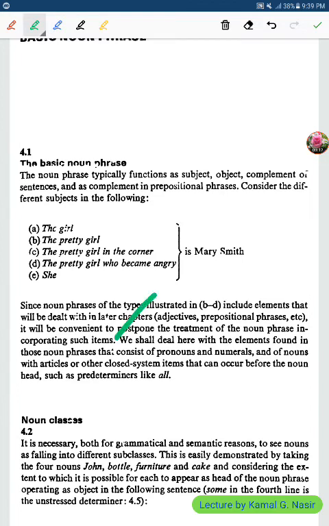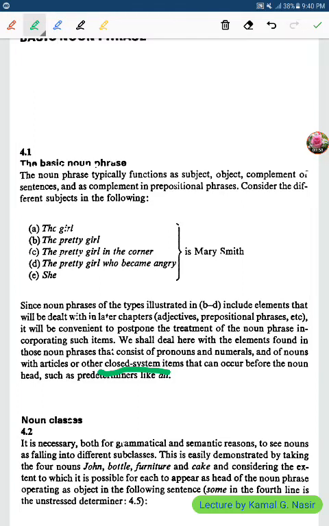Good. We shall deal here with elements found in those noun phrases that consist of what? Look well, the noun phrase consists of what? Pronoun and the numerals. You know numerals? Numerals are the numbers, you see. So we shall deal here with the elements found in those noun phrases that consist of pronouns and the numerals, and of nouns and articles, or closed system items that can occur before the noun head,